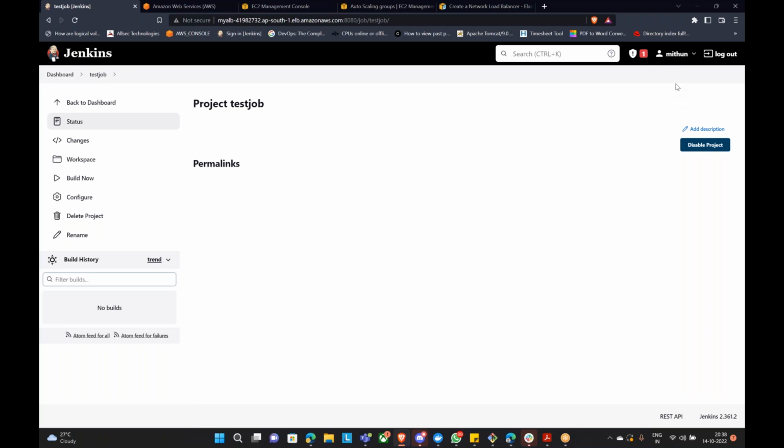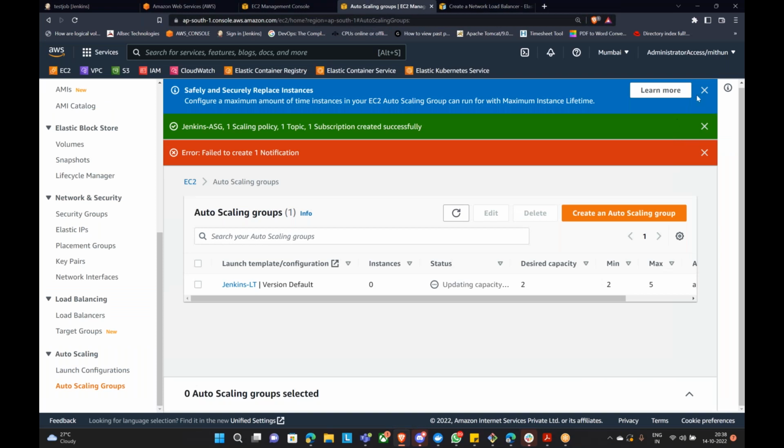So for auto scaling group, we have used all the concepts we learned. We used what? Creating a backup, using the AMI, creating a launch template. So many concepts are involved here, and it is very, very easy. And very soon you will notice that there is a